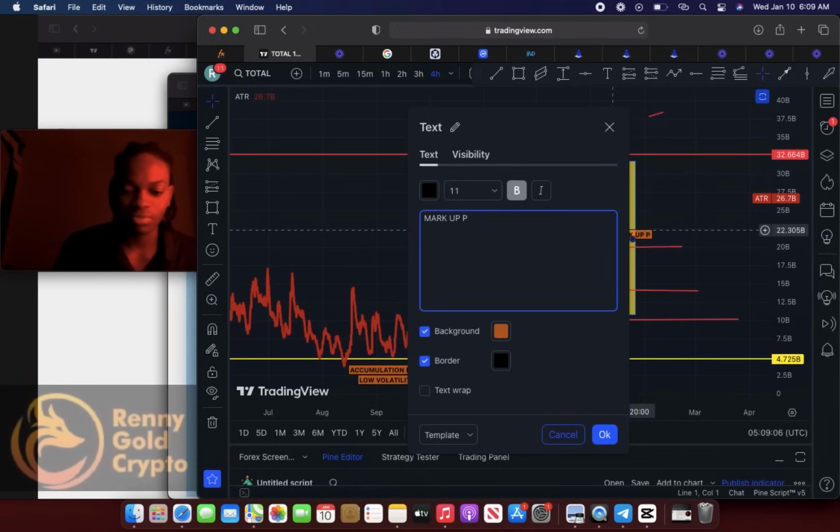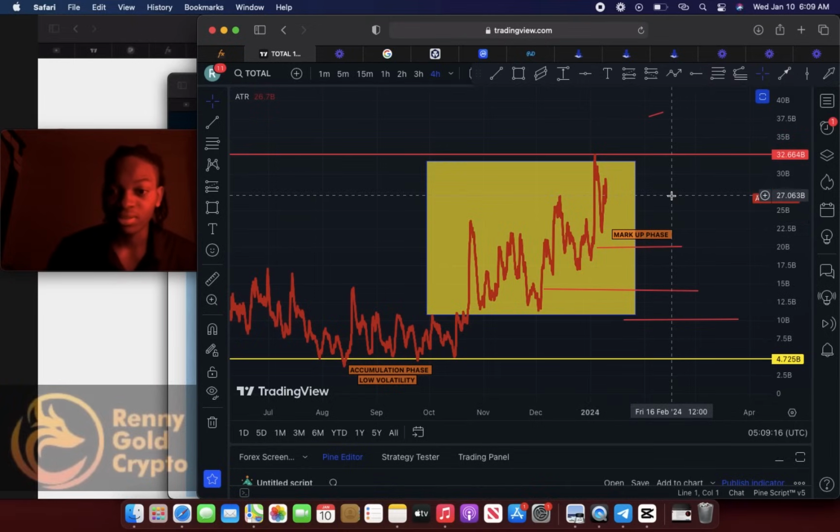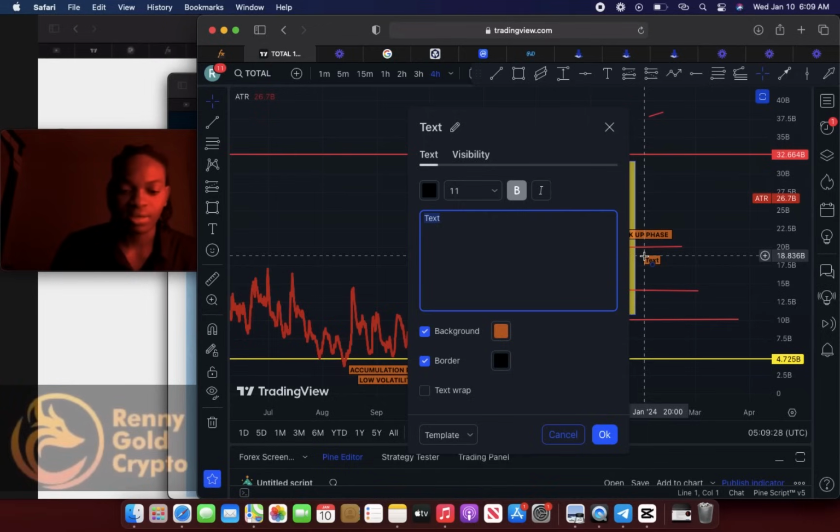The markup phase. This is the markup phase when you shouldn't be playing. And the markup phase right here, this is when you know that the market is going to keep on increasing. So have it in mind that during the markup phase there's going to be an increase